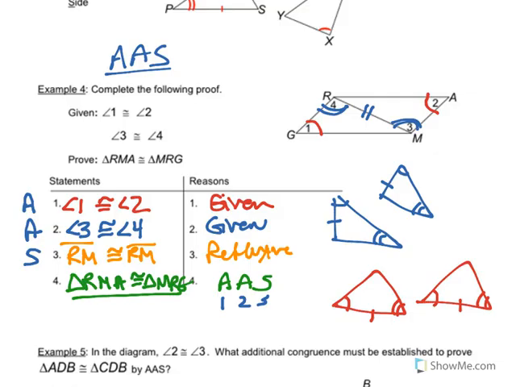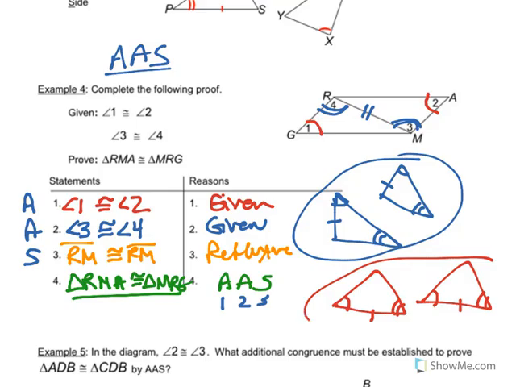I'll ask you, are both sets of triangles congruent? Are the blue set, are these 2 triangles congruent? And are the red triangles congruent? And we can say yes, they are. These blue ones are congruent